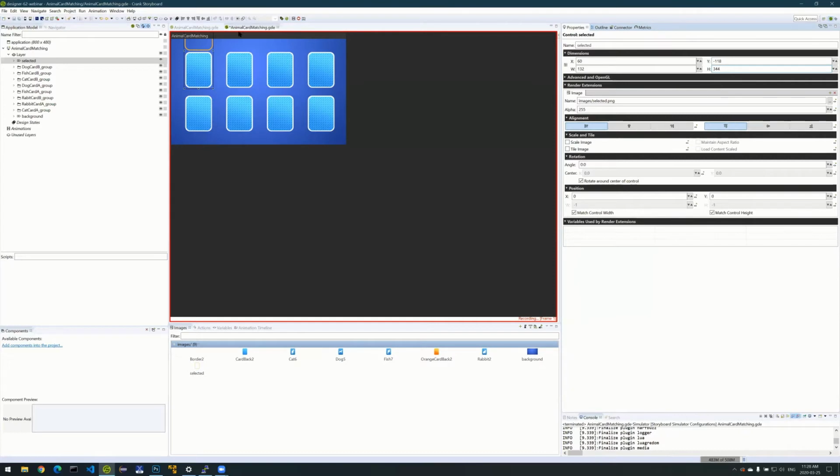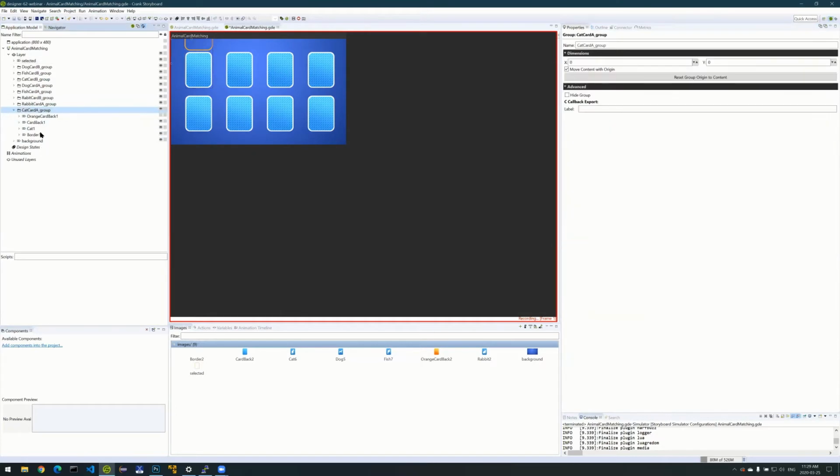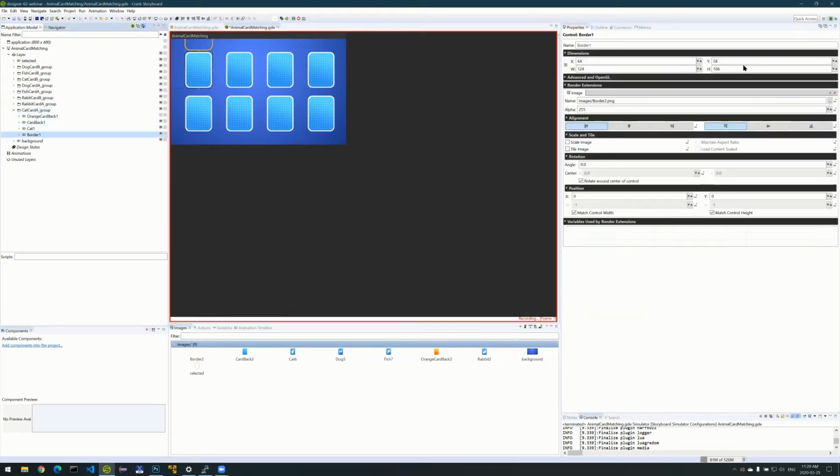You'll notice that the image didn't expand, and that's because I don't have scaling turned on. I'll turn it on in a minute. I don't need to record that, so I'm just going to leave it as is for now. And then I also want to move up the border the same way. So I'm going to subtract that and add this. And again, the border image is going to have to be expanded, but I will do that in a minute